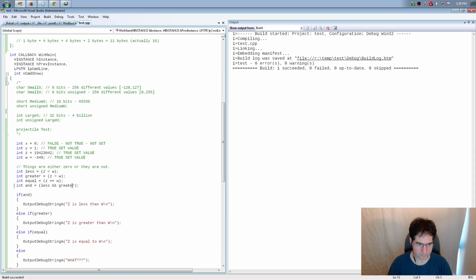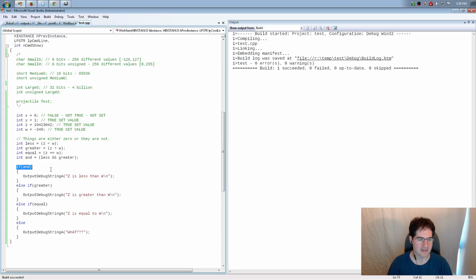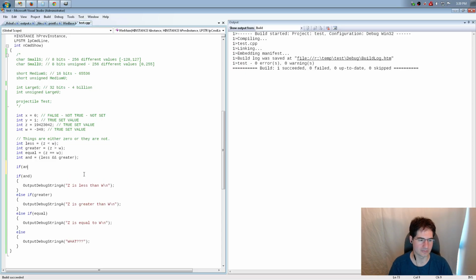Anyway, that is essentially all there is to predication and control and predicated execution in C. That's basically the if statement and the else statement, which are all you really need for that. Now it's worth noting that you don't actually need these little braces here if you only have one thing that you're going to execute. Meaning you may have seen in other languages you'll do something like this, and then you'll have the code just right here.